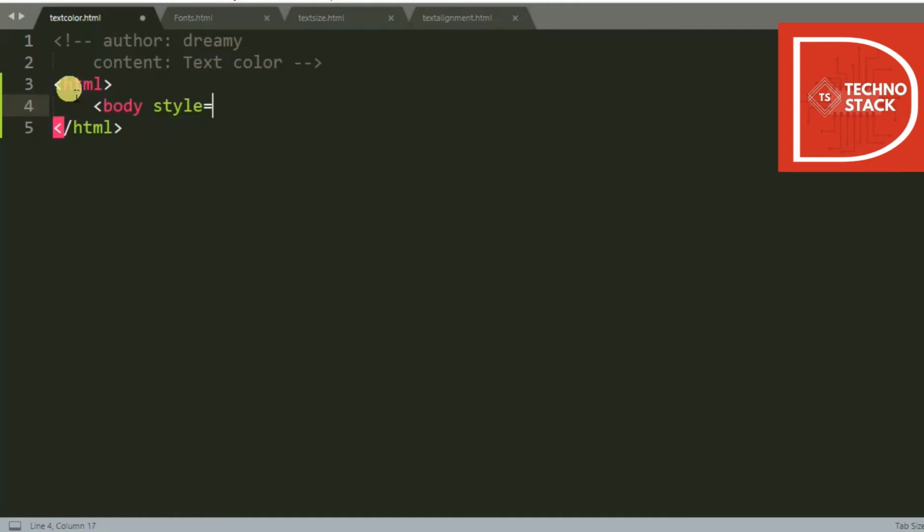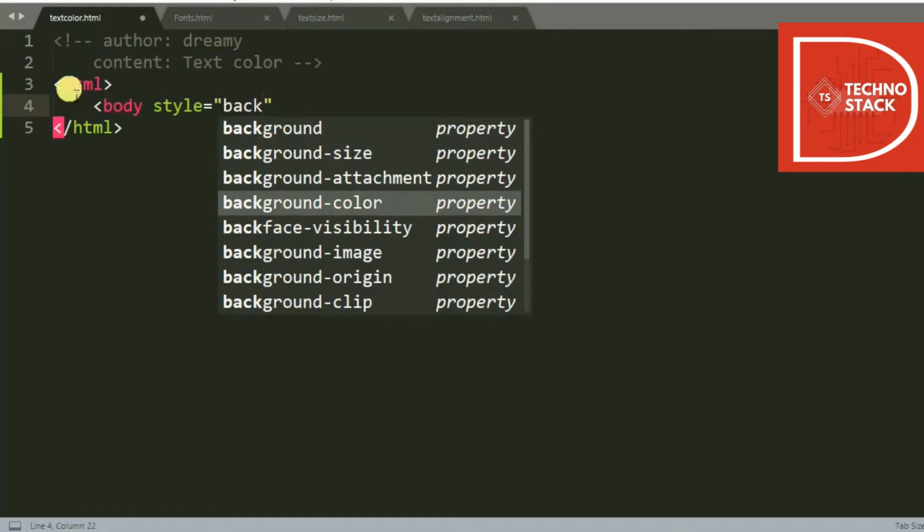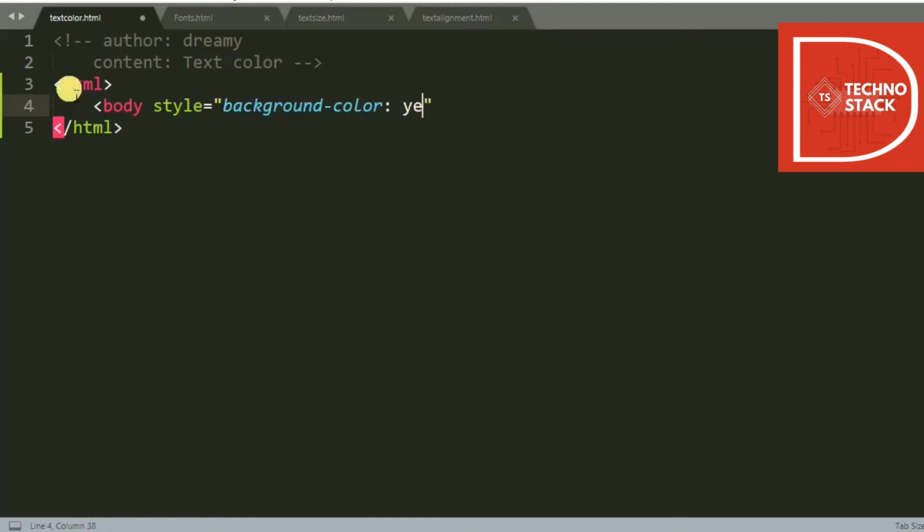All we are doing here is embedding CSS attributes as HTML elements in our web page. So basically we are working with HTML, but we are using CSS for the formatting. This is known as inline CSS. You have three types of CSS that we'll look at in the CSS module of our web development section. Right now I'll be using the background color property, and with that we'll make it yellow.